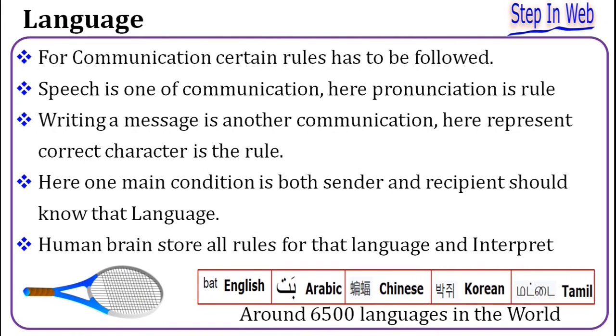Normally a human being learns any language from childhood, so all the words and pronunciation are stored in his brain. Whenever he reads or listens to some word or speech, his brain recalls that memory and interprets it from that long storage. Then he understands what message is received. In the world there are around 6,500 languages spoken by various people, and each language has different characters, from which they can easily communicate one to one.